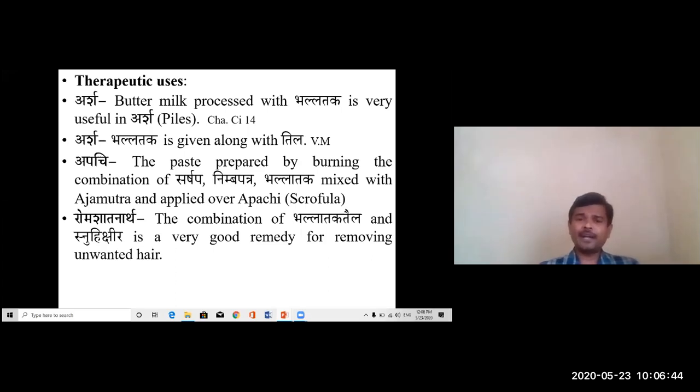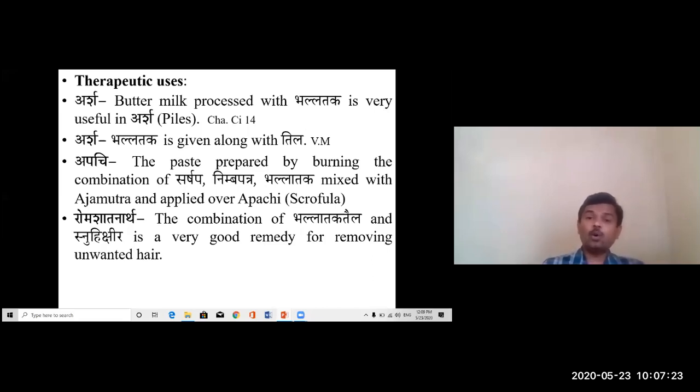In case of Arsha, the buttermilk or Takra processed with Ballataka is very useful. In the Samhitas they quote, Takram Shakrasya Durlabham. Shakra means Amruta, the nectar that the gods drink. But for the people present in this Bhuloka, Takra is like Amruta, nectar.